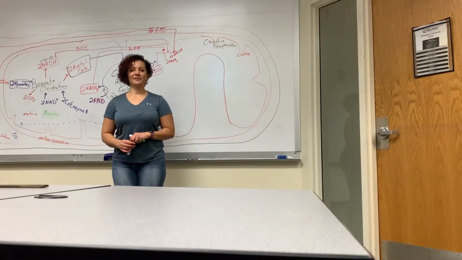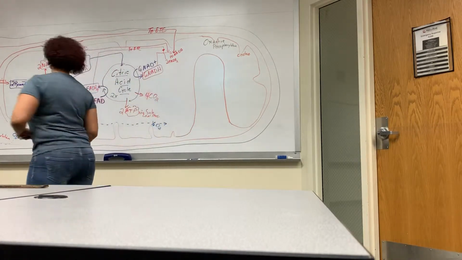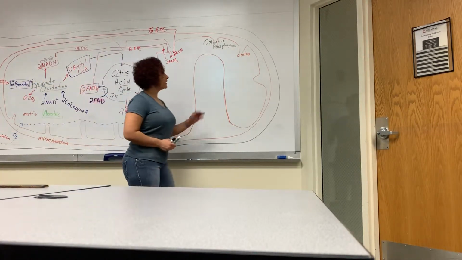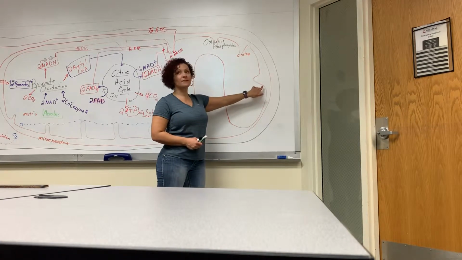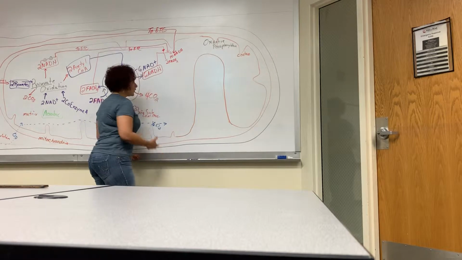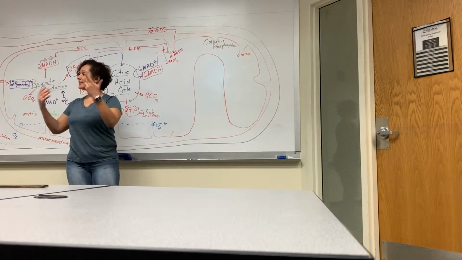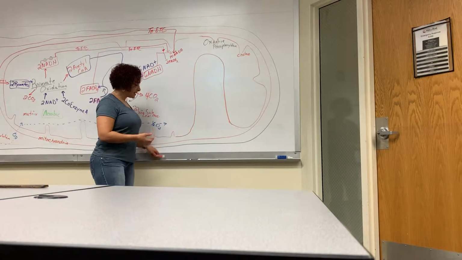Well, thank you. All right, so we're going to do oxidative phosphorylation. Oxidative phosphorylation takes place on the cristae. The cristae are the inner folding of the inner mitochondrial membrane. Okay? So, when I told you that it's broken up between electron transport chain and chemiosmosis, what the electron transport